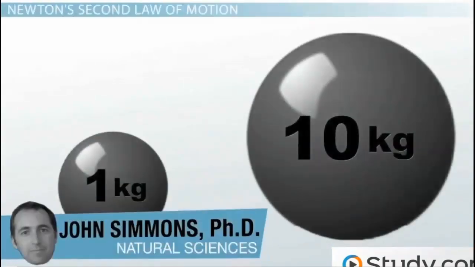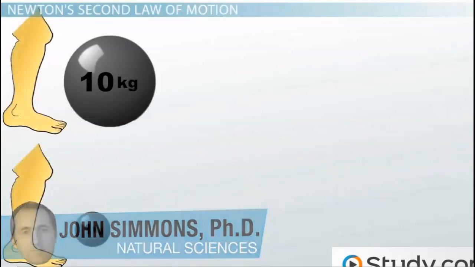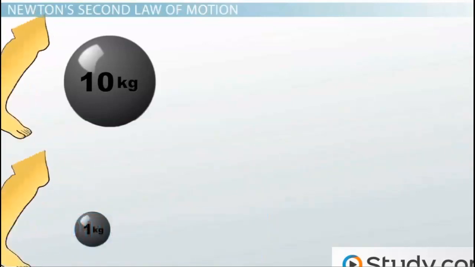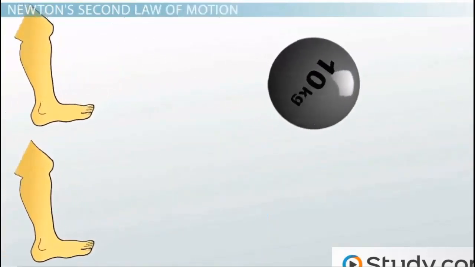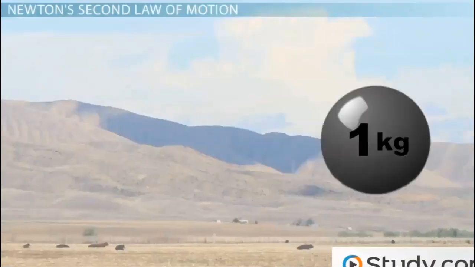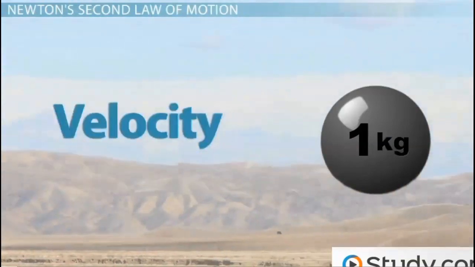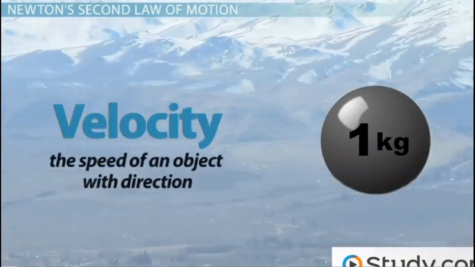Consider two balls, one with a mass of 1 kilogram and the other with a mass of 10 kilograms. Which ball would experience a greater change in motion if kicked with the same force? Clearly, the smaller ball would experience a greater change in motion. An object's state of motion can be described as its velocity, where velocity is the speed of an object with